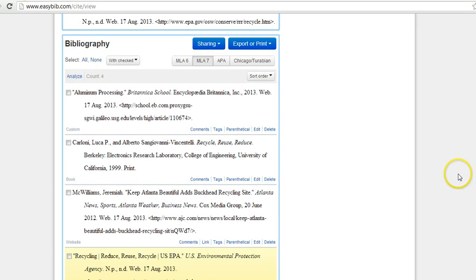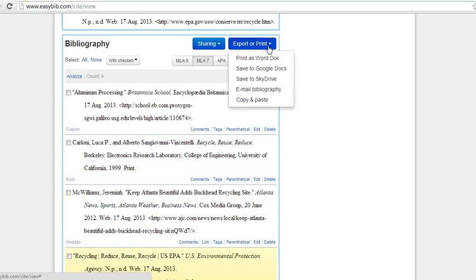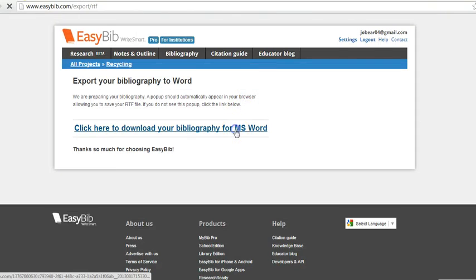Okay, the last part of your bibliography is the fun part. You can export this, print it as a Word document. So this is the last step you're going to take. Once you have all of the sources that you need in your Easybib, and you're not going to find any more, you click Export, you print as a Word document, click here to download,